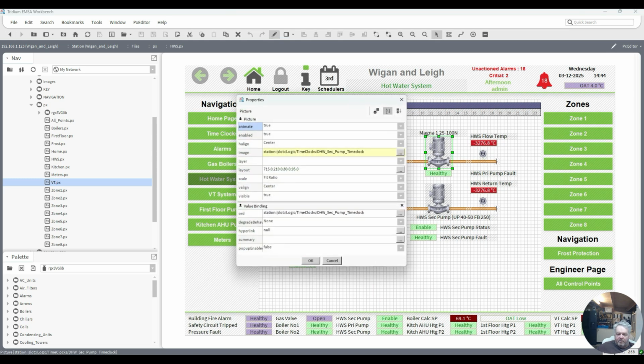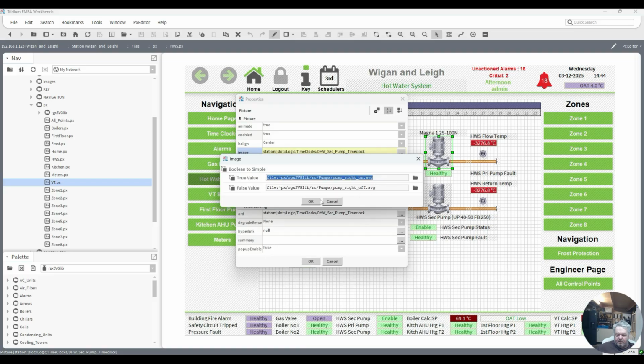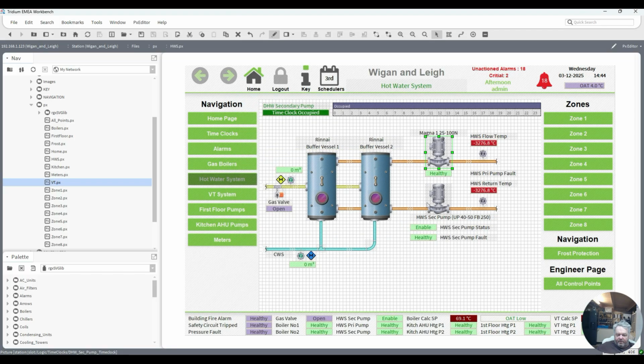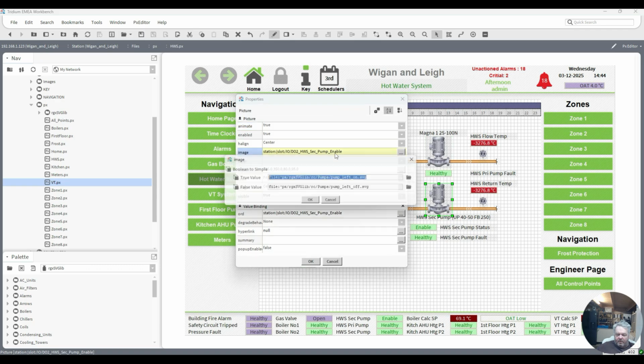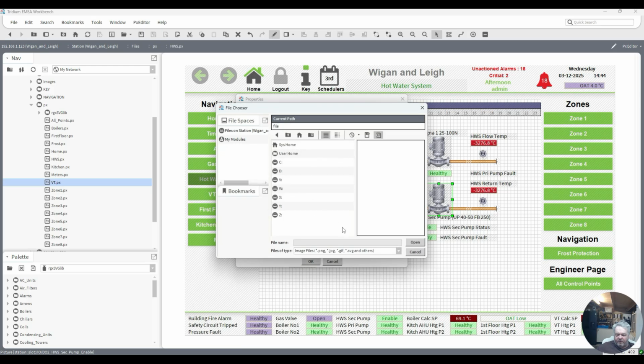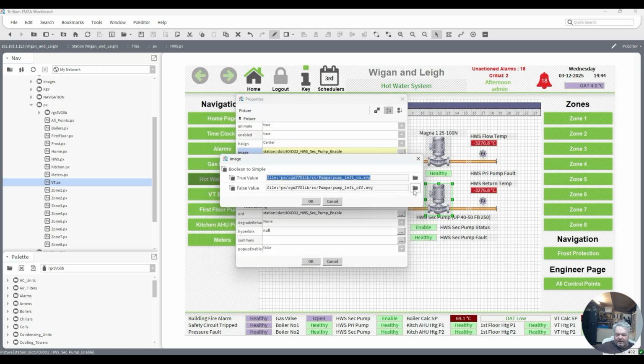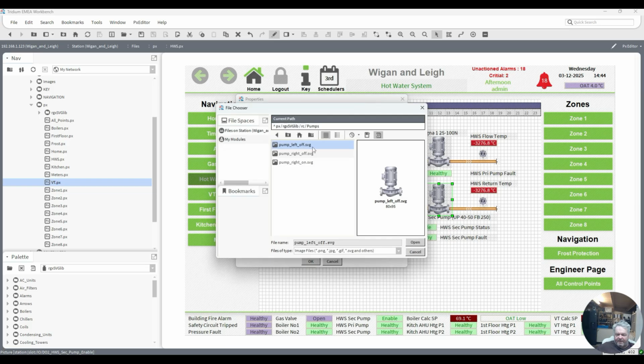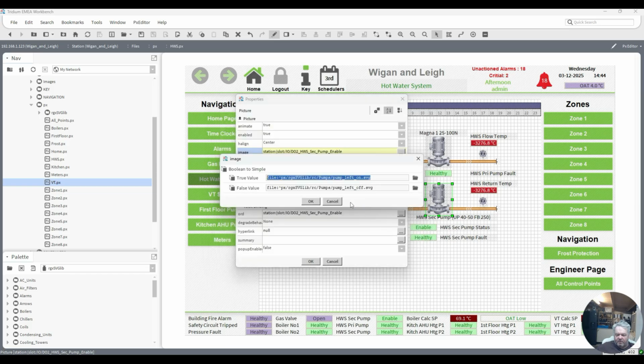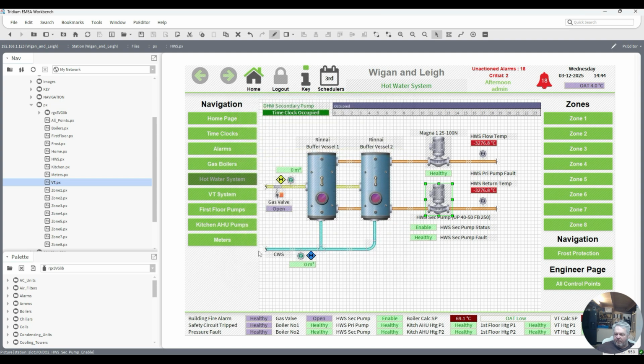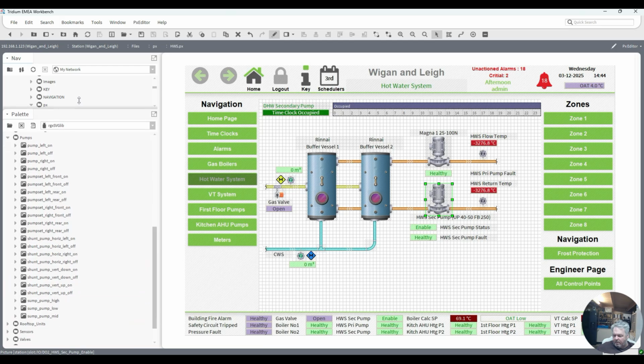So this one is the right, yeah, and this one is the left. But if I click on that, I haven't got it there, and I click on that, and I do have the left off there, but that's all I've got. I want the left on. So now if I go to my pumps down here, and I want